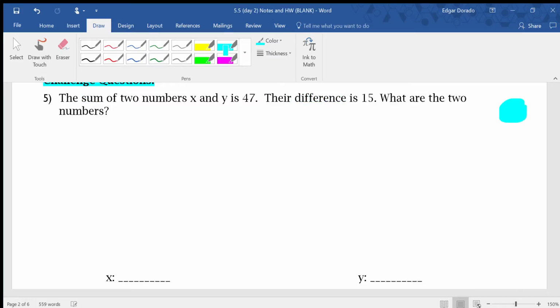So here we go with my pen. So don't mind this blue blob here on the side, guys. I'm just trying to make the pen work. Okay, so